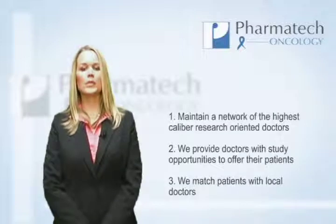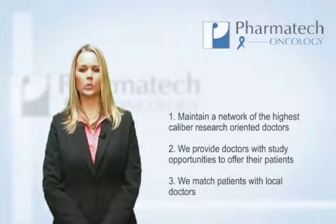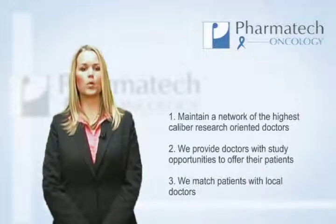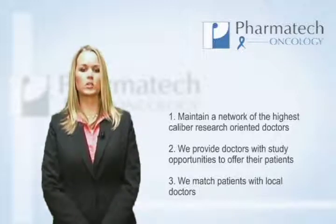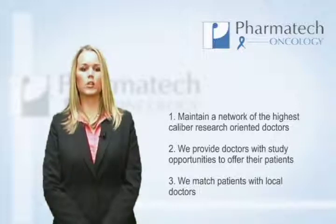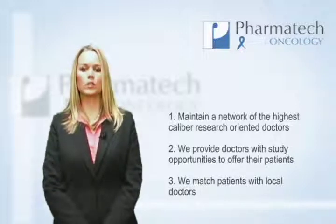First, we maintain a network of the highest caliber research-oriented doctors. We visit our network members to ensure that each patient will be treated with the best care possible by a trained research staff. Next, we provide doctors with study opportunities to offer to their patients, increasing the treatment options at any given clinic. Finally, we match patients with local doctors so that they can be assured of receiving the highest